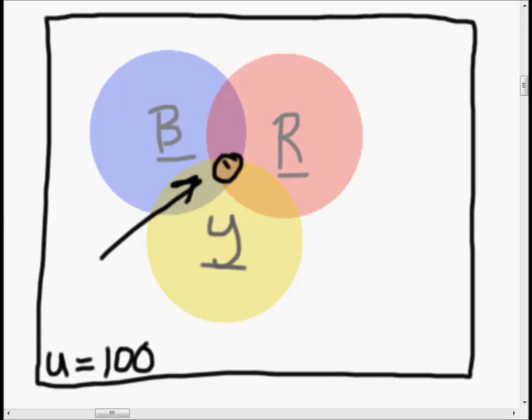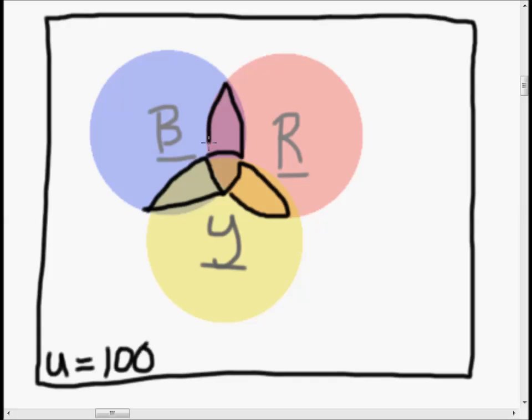So the big thing to remember, and what I'd like you to take from this video, is these overlaps. And so in this one you've got four sections. You've got these three where only two things overlap, and then you've got this one in the middle where three things overlap. Those sections are really important, and those are the tricky parts of problems that are about the size of sets. How many things are both blue and red? Okay, so that's the number of things in that little section. How many things are both red and yellow? That's the number of things in that section. And so if you had to find out all the things that are neither blue nor red nor yellow, you'd also have to make sure that you didn't count those